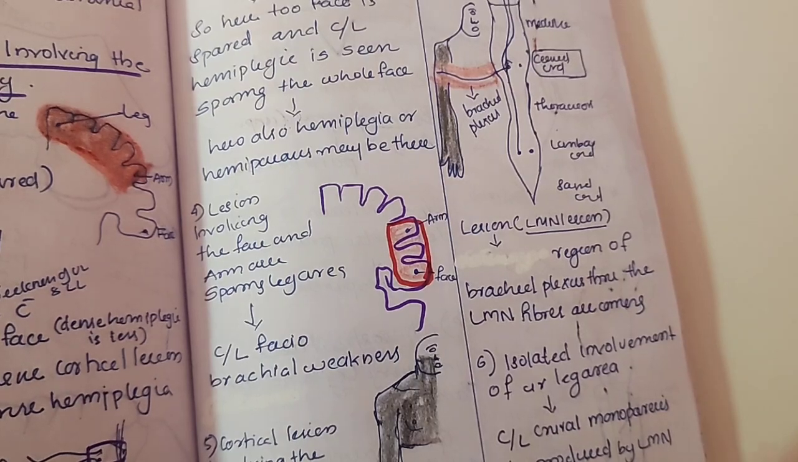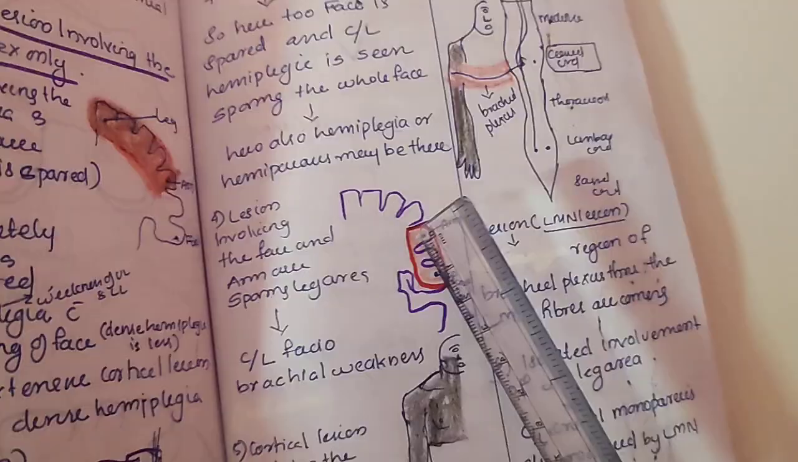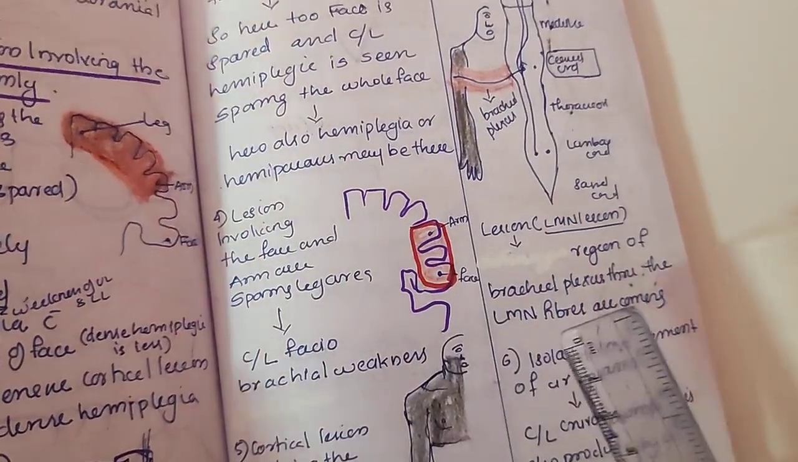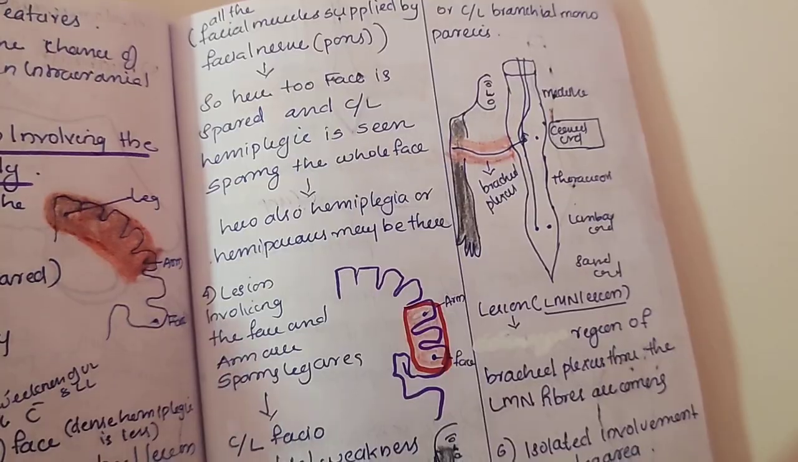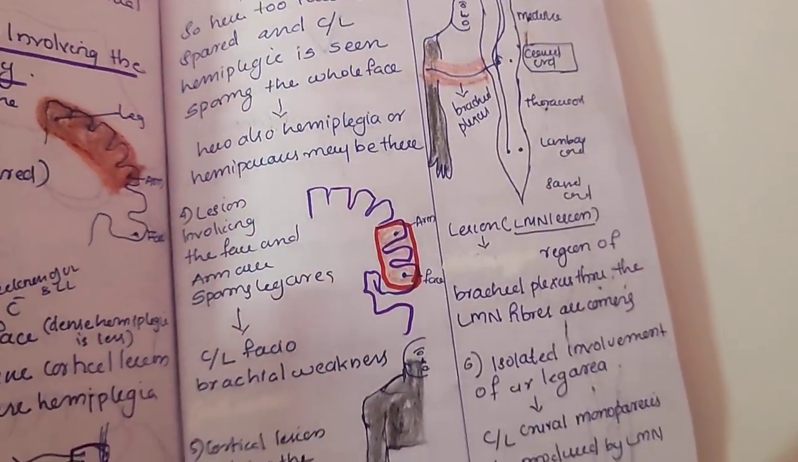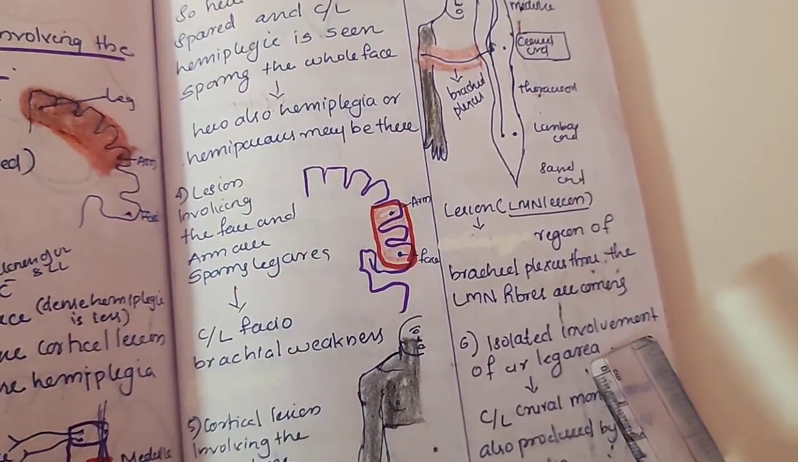So we have studied six or seven lesions now: the cortical extensive lesions, internal capsule lesions, the cervical medulla and cervical cord lesions, the arm-only lesion, and also the brachial plexus lesion. Okay. So next there is an isolated involvement of your leg area,